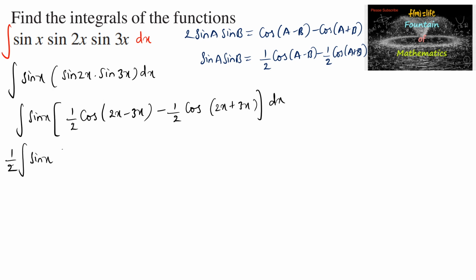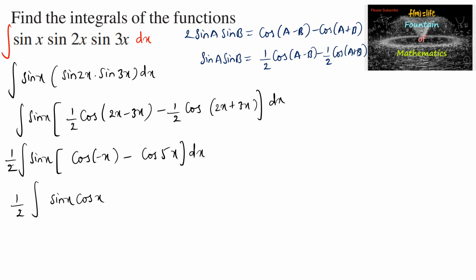Sin x into cos of 2x minus 3x is cos of negative x minus cos of 5x dx, or we can write 1 by 2 integral sin x into cos of negative x, we can write it as cos x, minus integral sin x into cos of 5x dx,